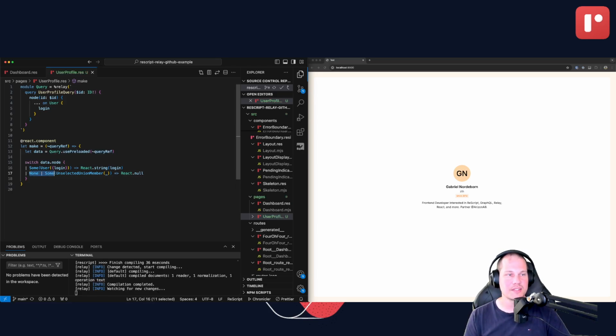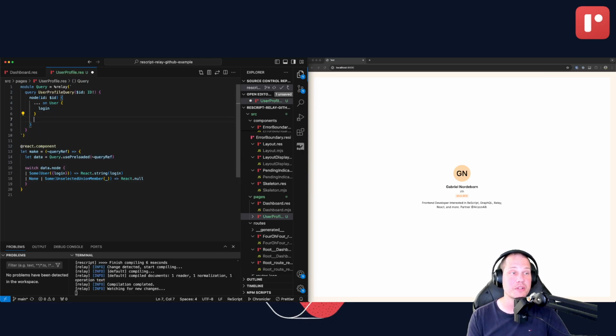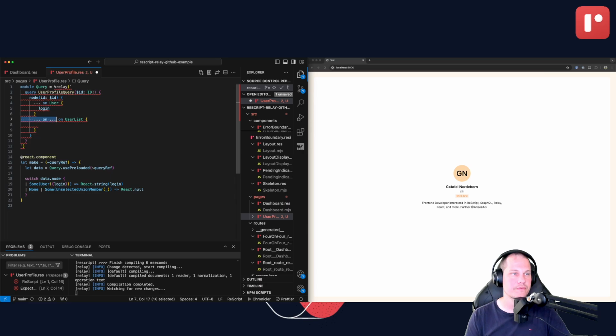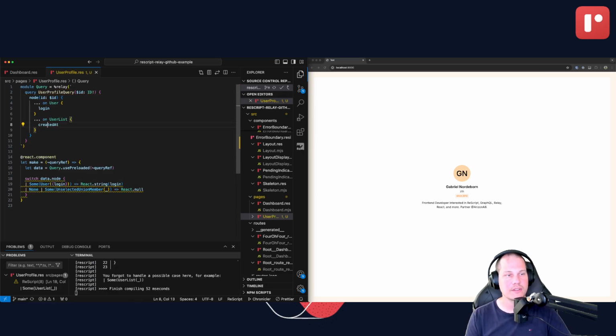Another minor thing is that you could theoretically just do this with an underscore, and it'll be fine as well. It'll match anything, but it's nice, in the cases where you can, to do a proper exhaustive switch, because the compiler is going to help you. So the difference here is that if I were to add, on user, a user list for instance, again this doesn't make any sense, but just to illustrate the point, the compiler would tell me that, oh, you haven't handled this. Whereas if I do this,